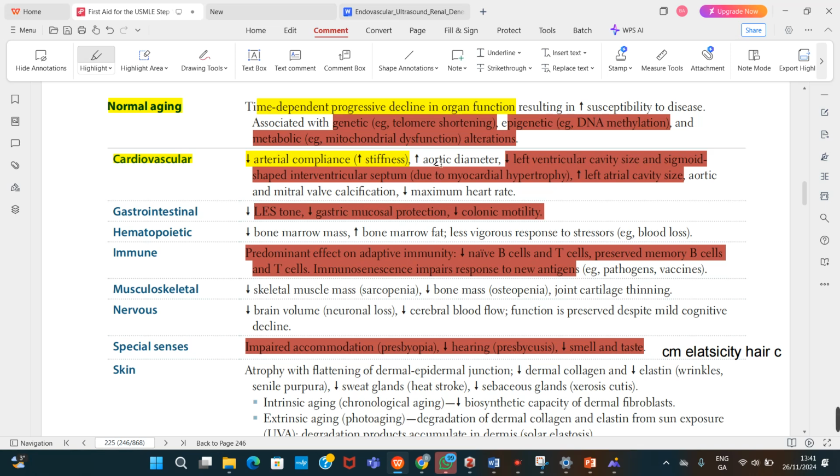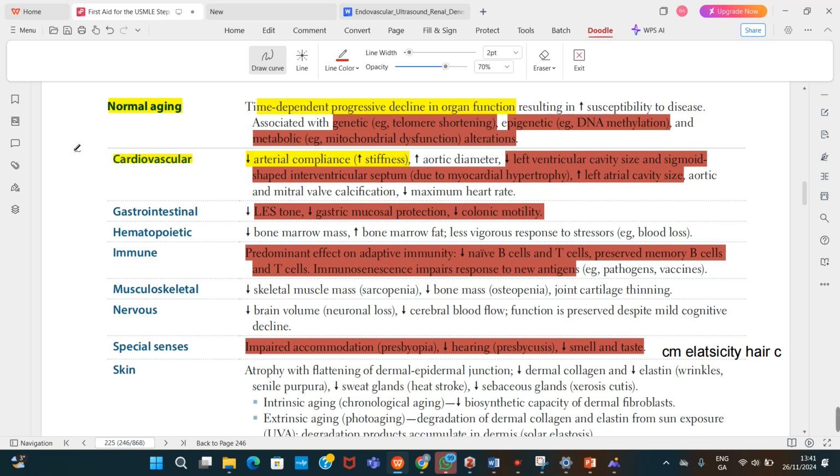Now, what is going to happen to the diameter? The aortic diameter is going to increase because it's going to have the ability to hold on to more blood. Just imagine that you have this initially, and it is very thick because you have your collagen. But if you lose your collagen and the